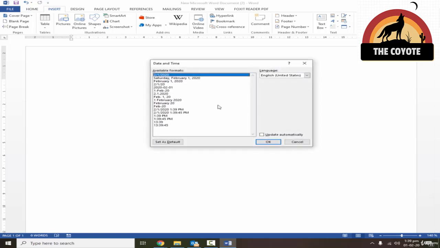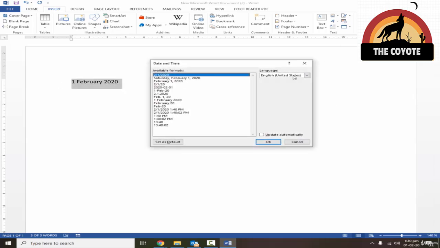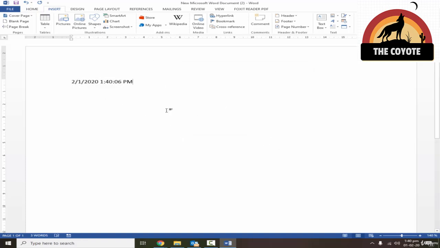Go to insert date and time. If I want to mention in date first, then month, then year, then just select this and click OK. If you want to mention the time as well, I can just select it and change to time and click OK. It will automatically remove that earlier date with this new one. So this is how date formatting is done. Okay, let's keep it to this one.